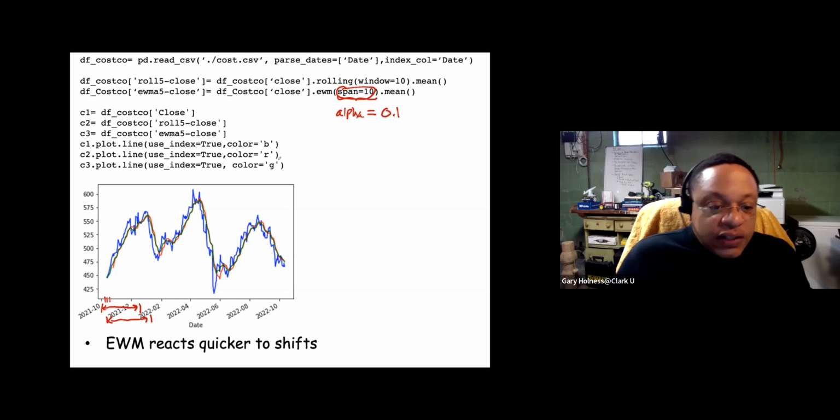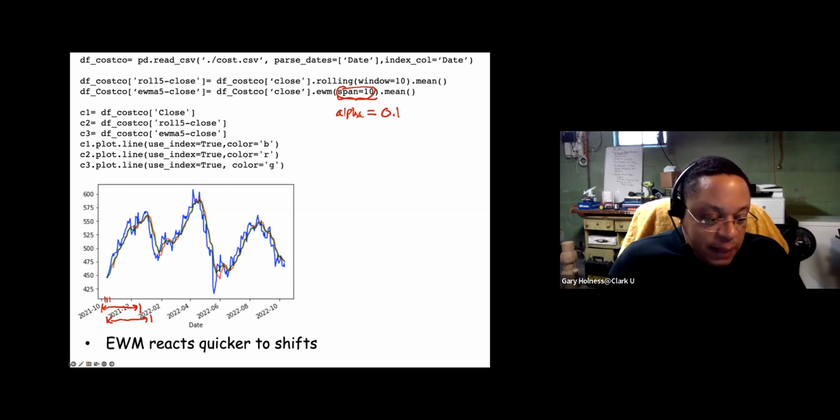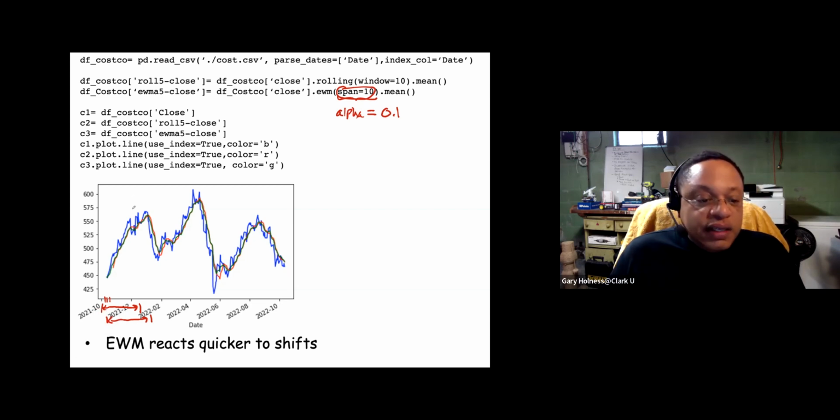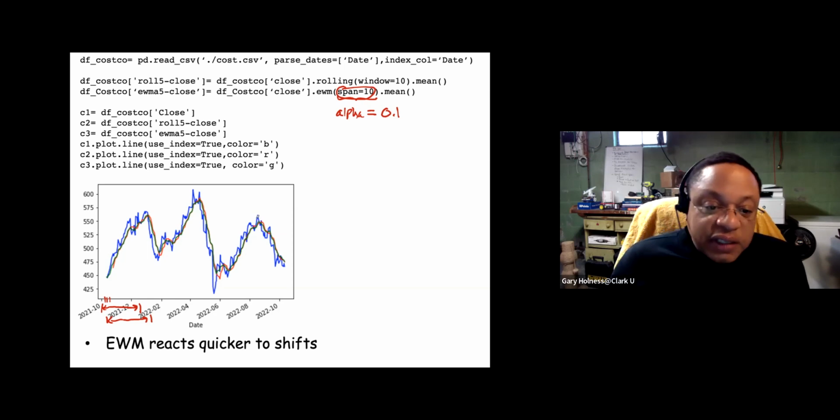Okay. So here in this graph, we showed the impact of the different types of smoothing. In the blue curve, we had the closing price for Costco in this example that was not smooth, and you can see a lot of variability. So if you were to visualize this distribution for closing price unmodified, you're going to have a higher variance and therefore a higher standard deviation.